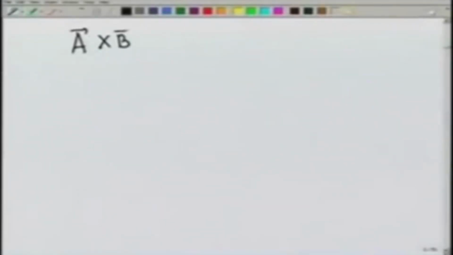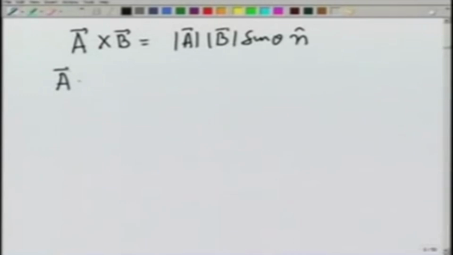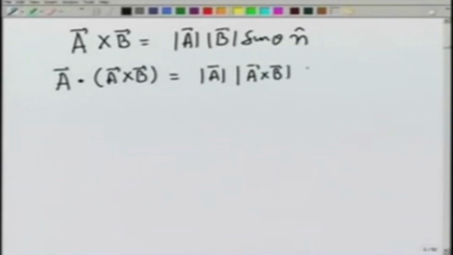Since A cross B is equal to modulus A modulus B sin theta n, where n is perpendicular to both A and B, that means that A dot A cross B, which is equal to modulus of A cross B cosine of theta, let us call it theta prime, because now this is the angle between A and A cross B, should be 0,